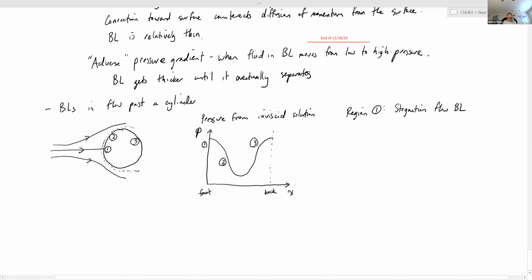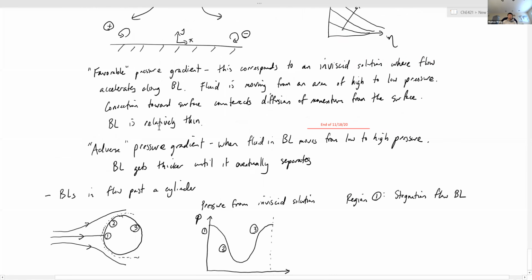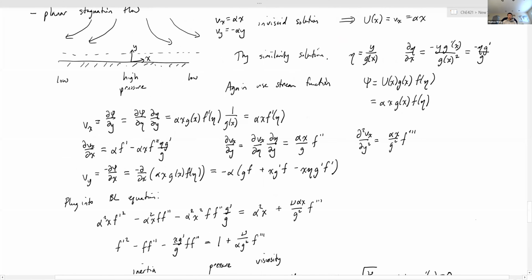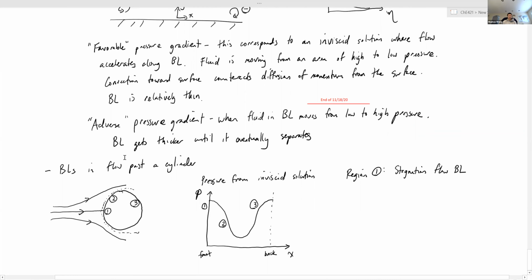Okay. And in fact, homework 8 is going to ask you to look a little bit more closely in this region and see how good of an approximation that is, right? But again, we've talked about stagnation point flow. That's basically just this, right? And so the boundary layer flow profiles and everything should look exactly like what we saw out there.